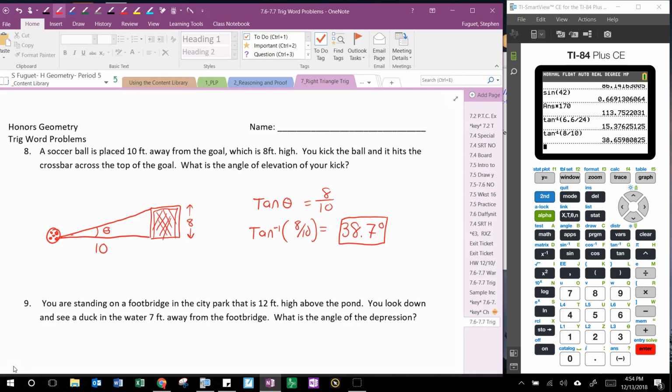Here's my solution to number 8. As you can see, we have our soccer ball here, terribly drawn by me, going up and hitting the crossbar up top here. So this angle is the angle of elevation that we are trying to find. The opposite side is the height of the goalpost, which is 8, and the adjacent is the length the ball is away from the goal, 10. So I use tangent again. And again, because we're trying to find angle of elevation, we're going to use the inverse tangent on our calculator, and we're going to compute that to get 38.7. That's going to conclude this